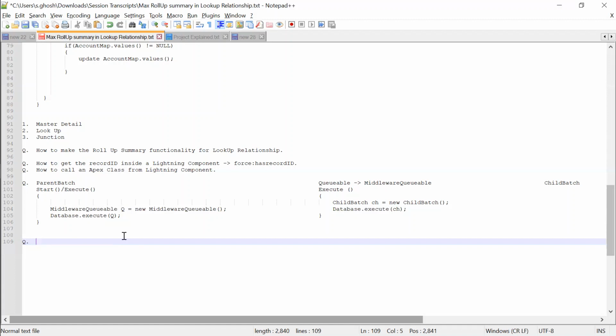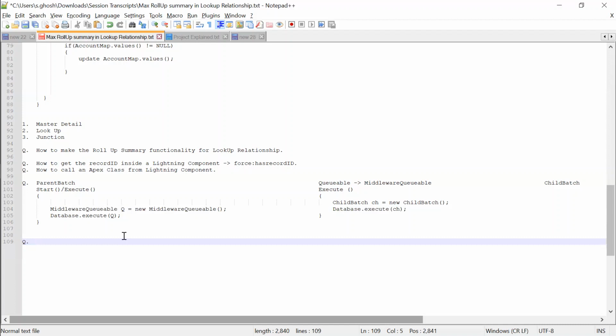It's the same thing. We will get the IDs first, and whenever the contact's account ID is equal to the account ID, we will update. If the account phone number has a null value, we will update the contact phone number to the account. It's not only like that. If the account's phone number is not null, we can also update it. Let's say the account's phone number is 123 and the contact's phone number is changed to 456. So the account phone number should also be changed to 456.